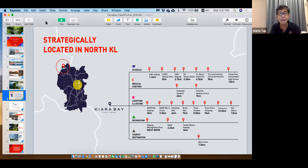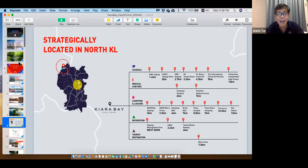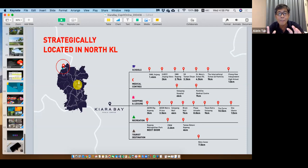Now, one of the things is this is a ready catchment area, all right? Population is already there. So when population is already there, any single development or redevelopment within that area, with the right timing, the property will tend to appreciate better. All right. And lastly, what you can do is show a lot of visuals. So if I may give a tip,